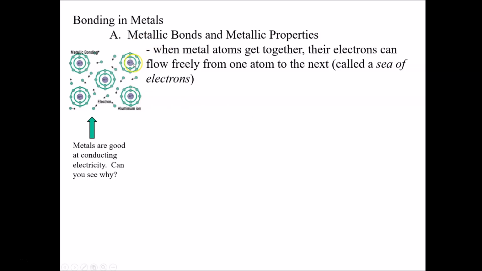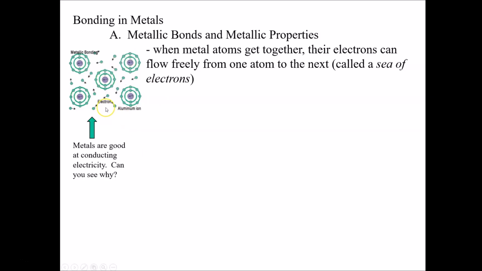The way they do this is the metal will simply give up its electrons that it doesn't want. Normally it would have to give them to something else, but the something else is another metal that doesn't want them either. So these electrons that they're giving up are just freely floating between all of these positive ions of the metals. And so since electrons are negative, then you have this sort of negative glue that holds all of these positive ions together. Right? We call this a sea of electrons. So there's a sea of electrons in a metal that holds the metal together.